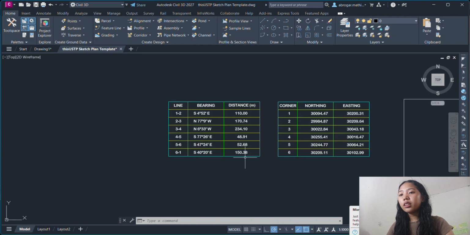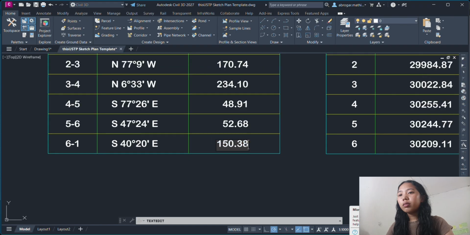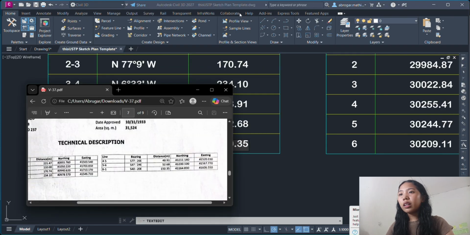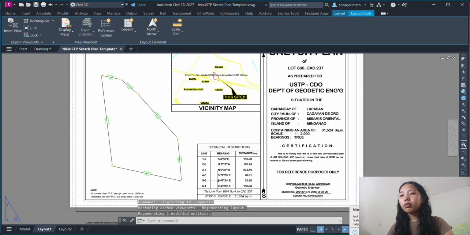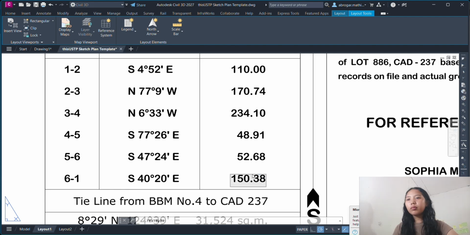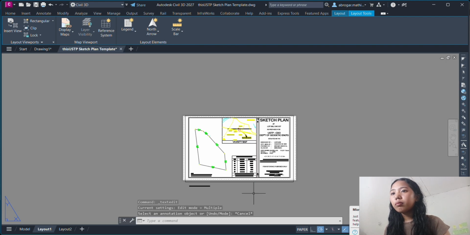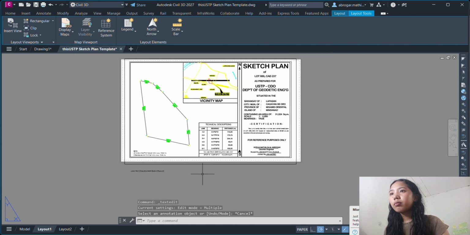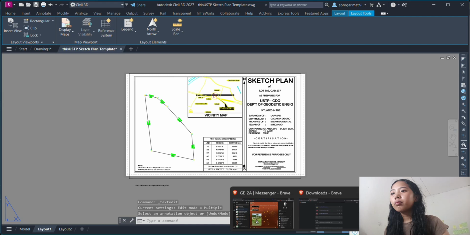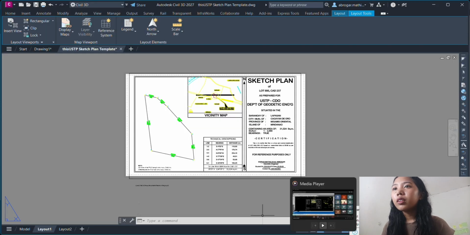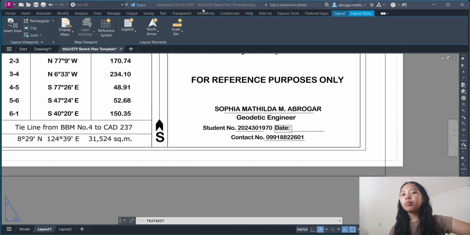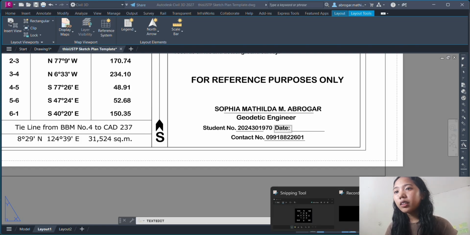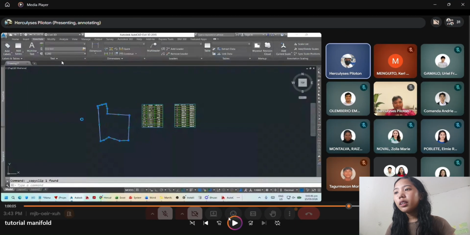And its area is 31,524 square meters. Then containing area is 31,524 square meters. Scale, and for scale.